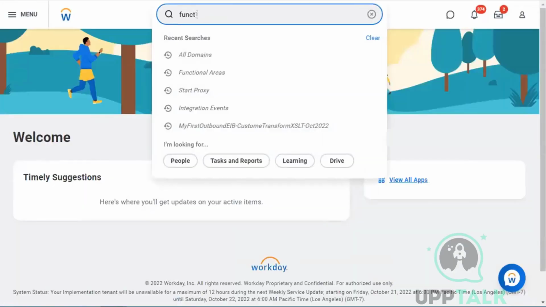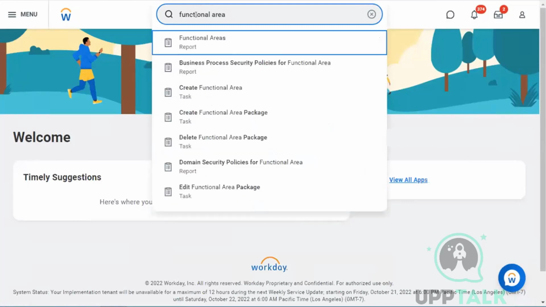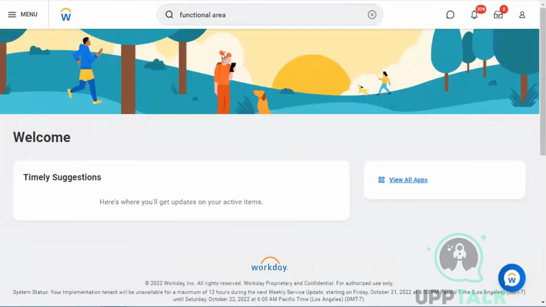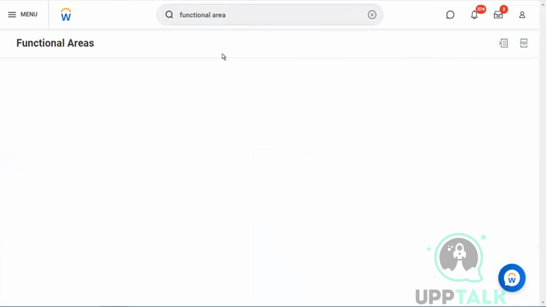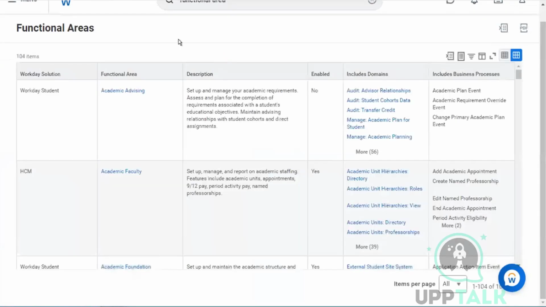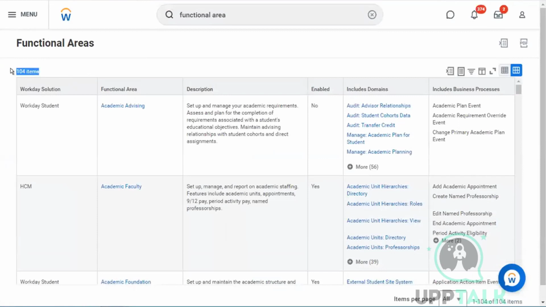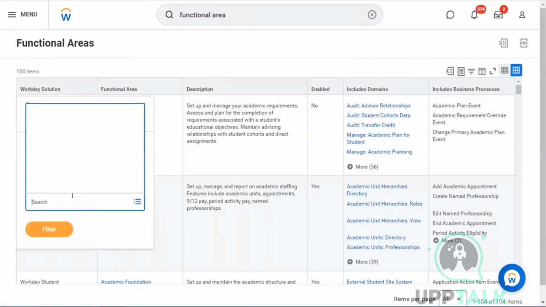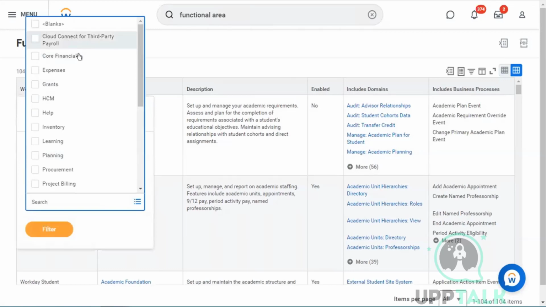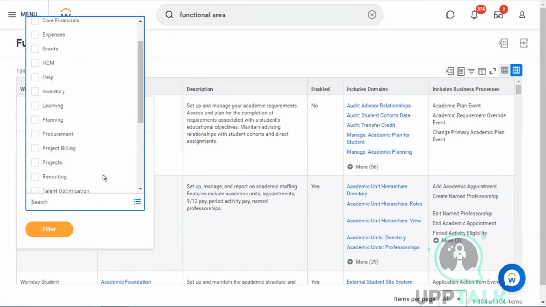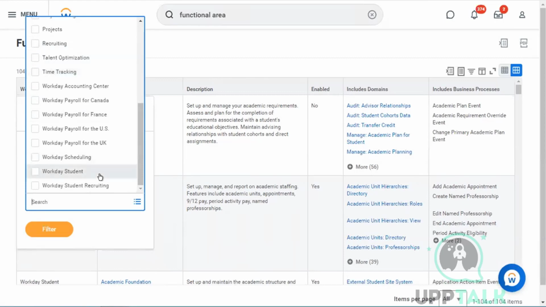So there's this report called functional area. This report shows us that there are about 104 different functional areas in the Workday ecosystem. And those can be seen in the second column. On the left, Workday solution. There are multiple Workday solutions. Workday comes in different forms. You have Cloud Connect, Core Financial, Expenses, Grants, HCM, Health, Inventory, Learning, Planning, Procurement, Project Billing, and about 25 plus